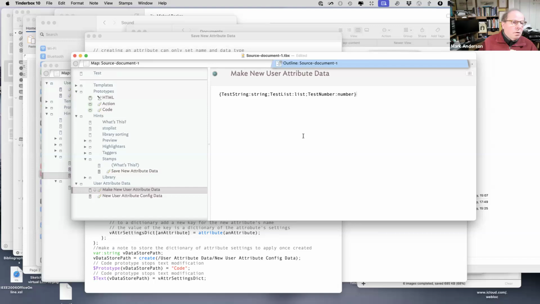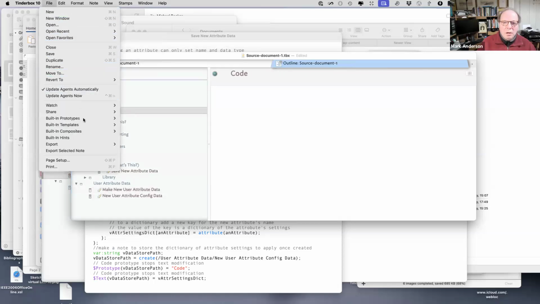One of the things with an action prototype is you are signaling to Tinderbox that this is action code. You might need to look at it. You might find a function in there or something. This is data that I don't want modified in terms of any of the characters, and I don't need syntax color or anything, but I just need to make sure it doesn't get played with. And the built-in prototype code,